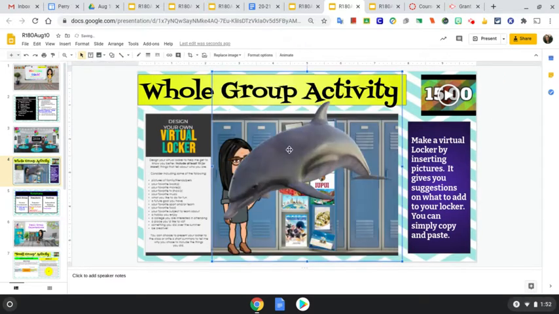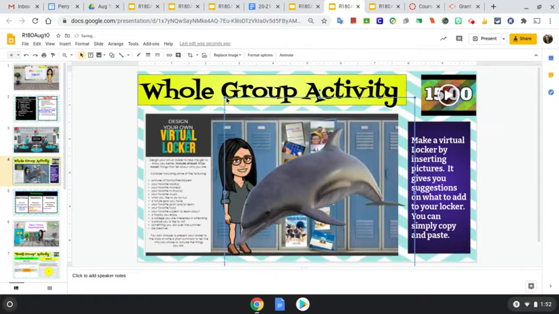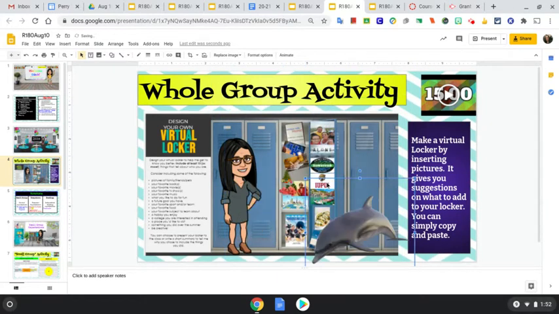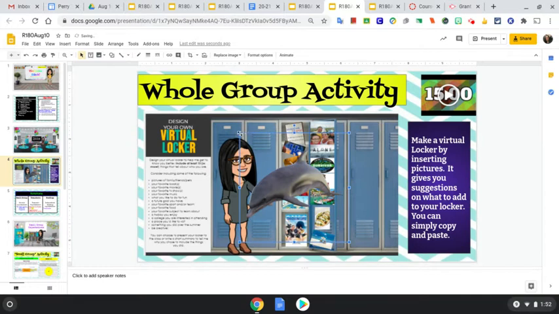It'll just look like you've inserted that animal. You can see everything behind this dolphin. If you make it smaller and put it inside there, it'll look like another thing I wanted to put inside my locker. So using the word transparent before the picture you're looking for allows it to have a clear background like that.